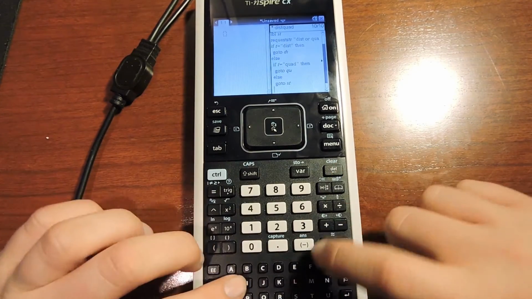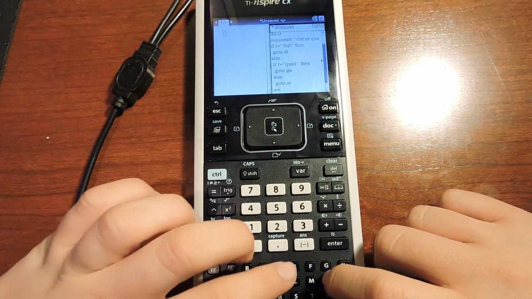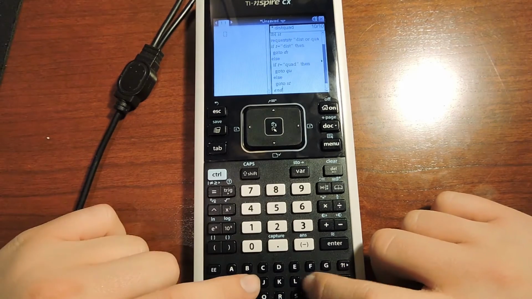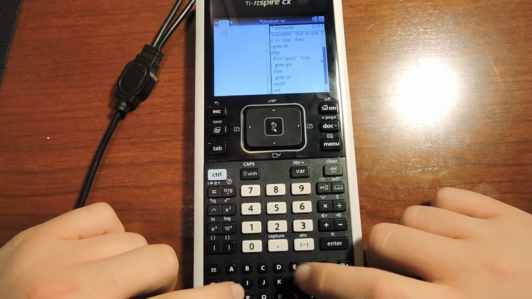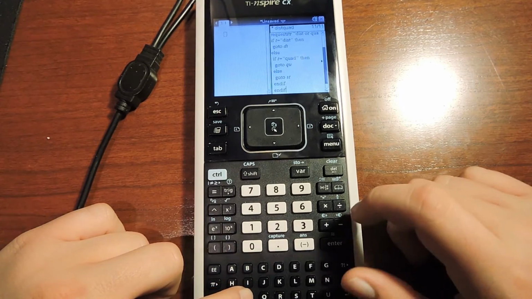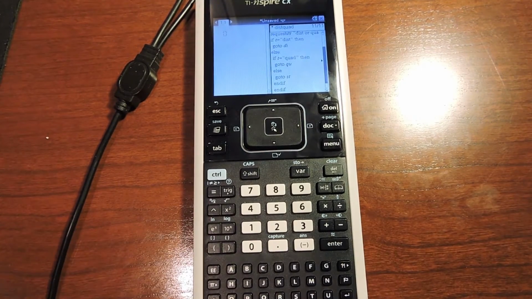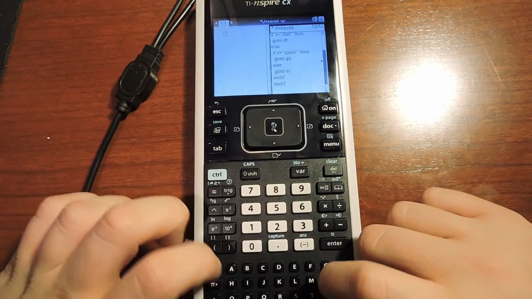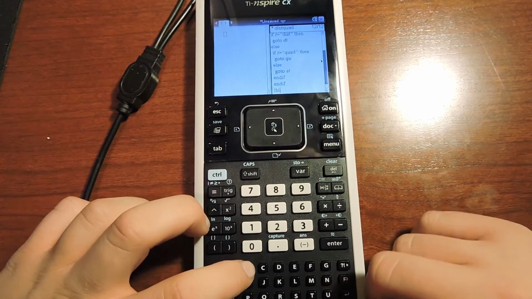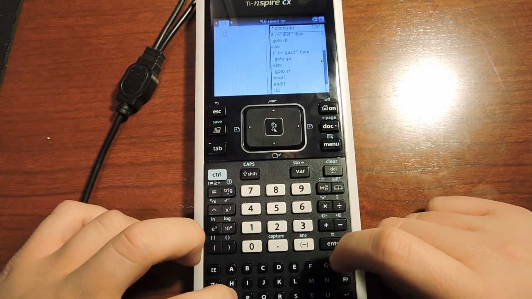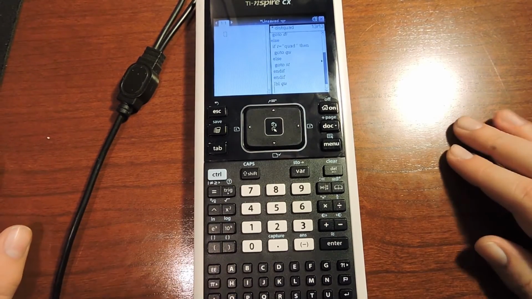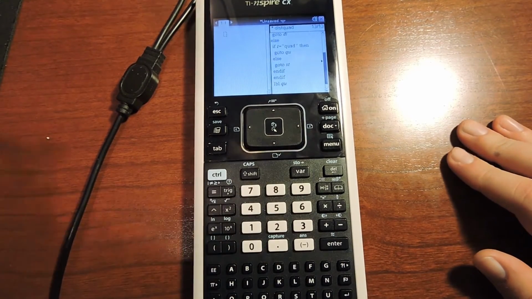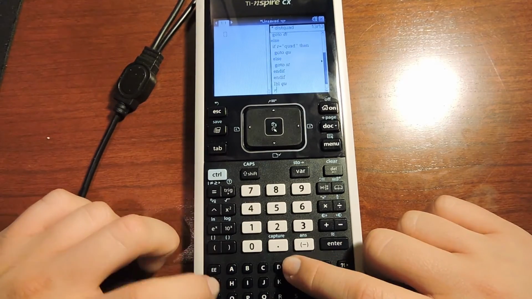And when you're coding, you have to do EndIf. And we're going to have to do this twice because we had two if statements. This lets the calculator know that nothing you type after this is part of the if statement. Now we have to do our first label. So label QU. As you might be able to guess, this means that we're about to start programming our quadratic function. So the way we're going to request is you do request